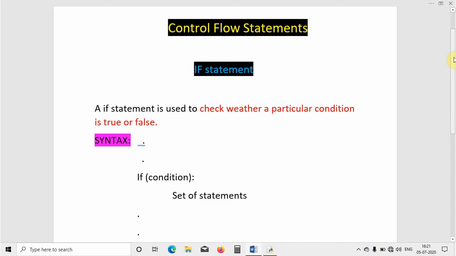Though the if statement has a very simple syntax and a very simple meaning, the applications of if statements are huge. If I take an example, say you want to compare two numbers, a and b, and you want to find out which number is bigger. At that moment you should go for the if statement. That's the optimal solution for that. And beyond comparison of two numbers, which is just logic,